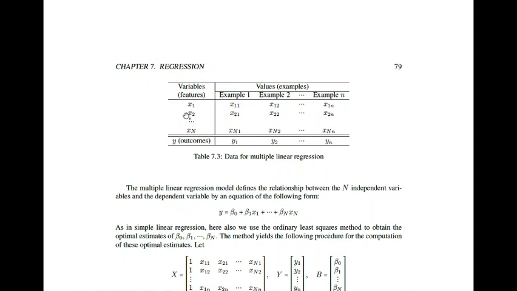That means for example 1, the value for x1 will be x11, for example 2, the value for x1 will be x12, and for example n collected, the value for x1 will be x1n. Similarly for x2, it will be x21, x22, etc., x2n. And this column actually represents the whole data collected for a particular house, and its price is y1, and the whole data collected for a second house and the price is y2, and similarly for the nth house and the price is yn. Okay, here this is actually a multiple linear regression, and the equation we will write like this.